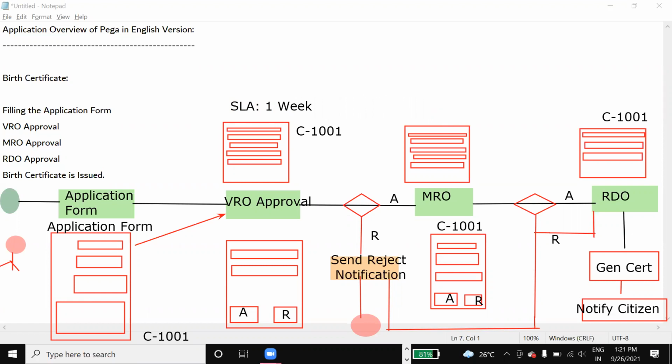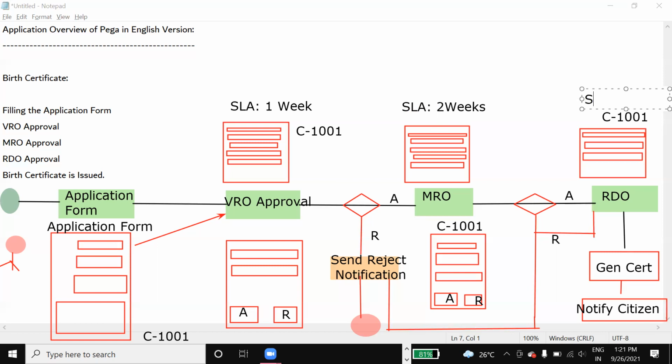And here we can put an SLA of 2 weeks, let's say. Okay. So if it is more than 2 weeks in the MRO work list, if he is not performing any action for this assignment, then we can put an SLA. And we can put a logic to take a necessary action, either an escalation mail to the hierarchy authority, or to auto approve the case, when the case crosses this timeline. Okay, so that's how we can put it.